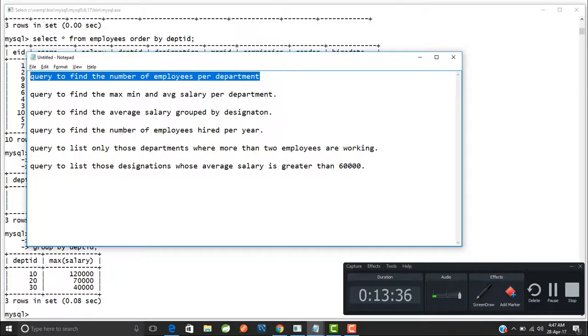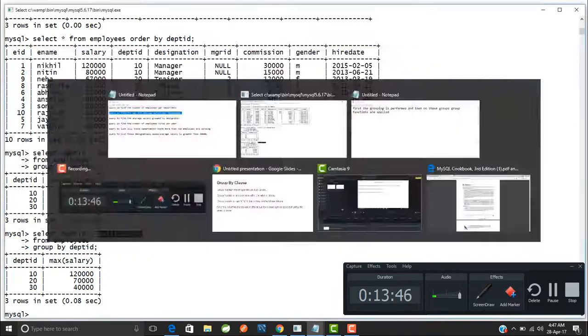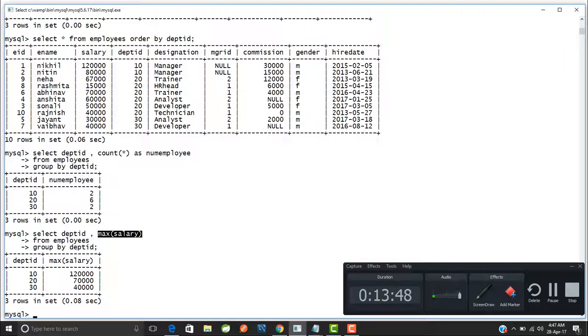We have already seen this query. You have to now write this query to find the maximum, minimum and average salary per department. Okay, so write this query. I'll just pause the video. How will you go for this query? I want to find the maximum, minimum and average salary per department. What query will I write? Okay, if you are not able to get it, I think